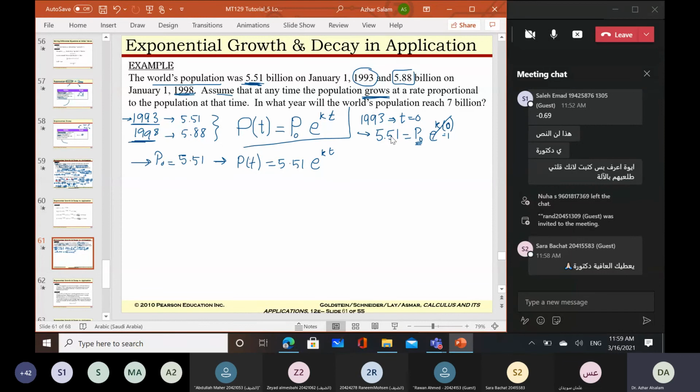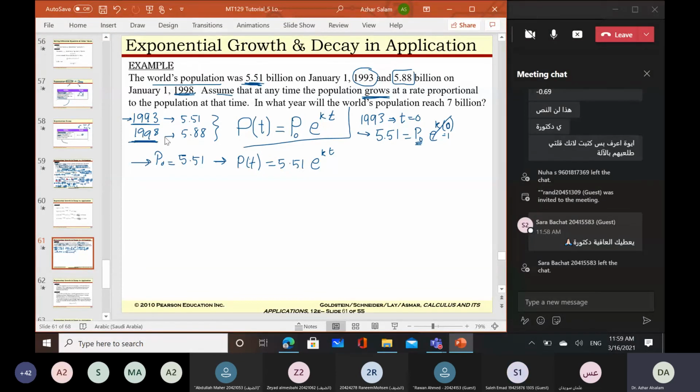Now to find k, now I will use this. Okay. I will use the second value which is at 1998. If we consider that this is t equals zero, then here t equals what? From here, t equals subtract the year 93 from the year 98, 98 minus 93. It's equal to 5 years. Okay. So at this year the time t is equal to 5. Here to find k,